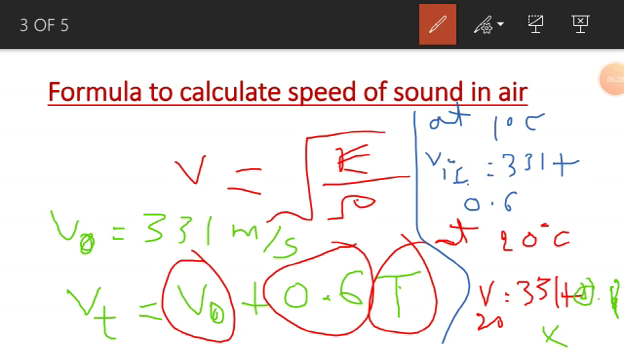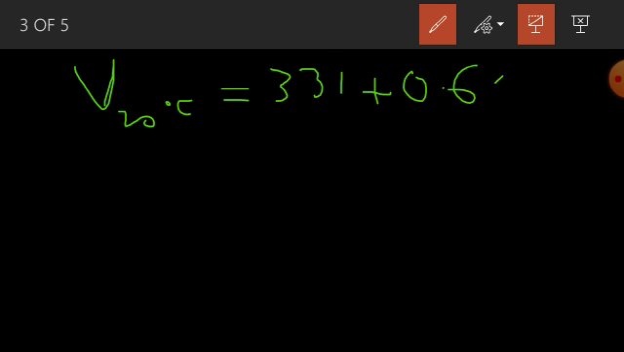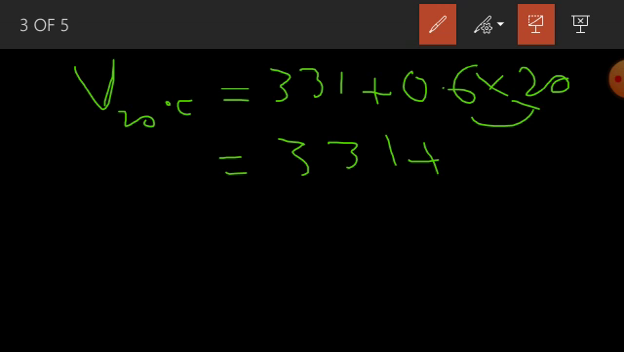मैं इसको यहाँ पे लिख देता हूँ, स्पीड ऑफ साउंड एट 20 डिग्री सेंटीग्रेड इज इक्वल टू 331 प्लस 0.6 इंटू कितने डिग्री हैं, 20, जितने भी डिग्री हैं उसको 0.6 से मल्टीप्लाई करके आंसर को 331 में ऐड कर दें, उतने डिग्री पे आपको स्पीड ऑफ साउंड मिल जाएगी। तो 331 प्लस इन दोनों को मल्टीप्लाई करें, जो आंसर आता है उसको 331 में ऐड कर दें, दैट विल बी स्पीड ऑफ साउंड एट 20 डिग्री सेंटीग्रेड।